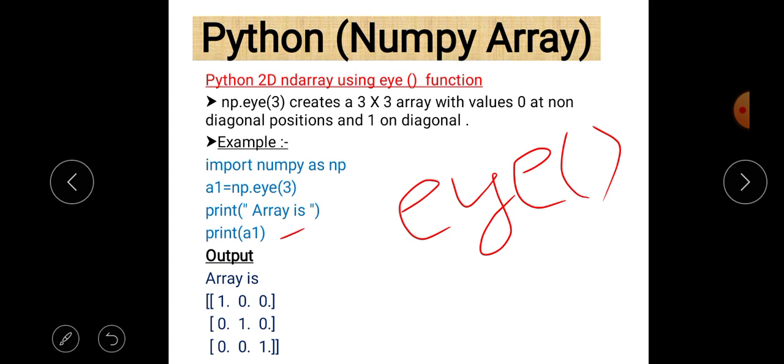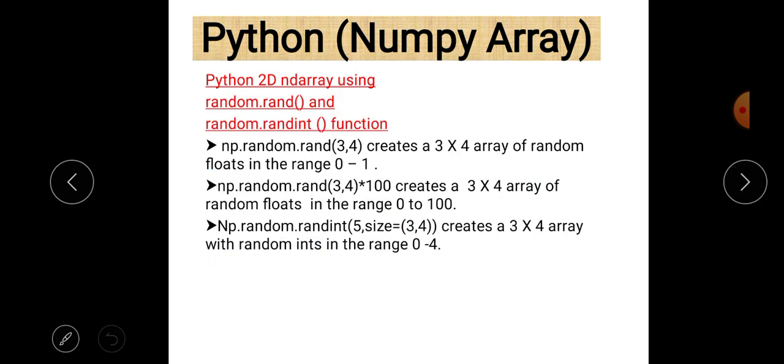In terms of mathematics, it is read as a square matrix, in which the number of rows and the number of columns are the same. But in the case of this array, not only are the number of rows and columns the same, but also the diagonal elements should contain the value 1 and all other values should be 0. So it is a very important function to learn.